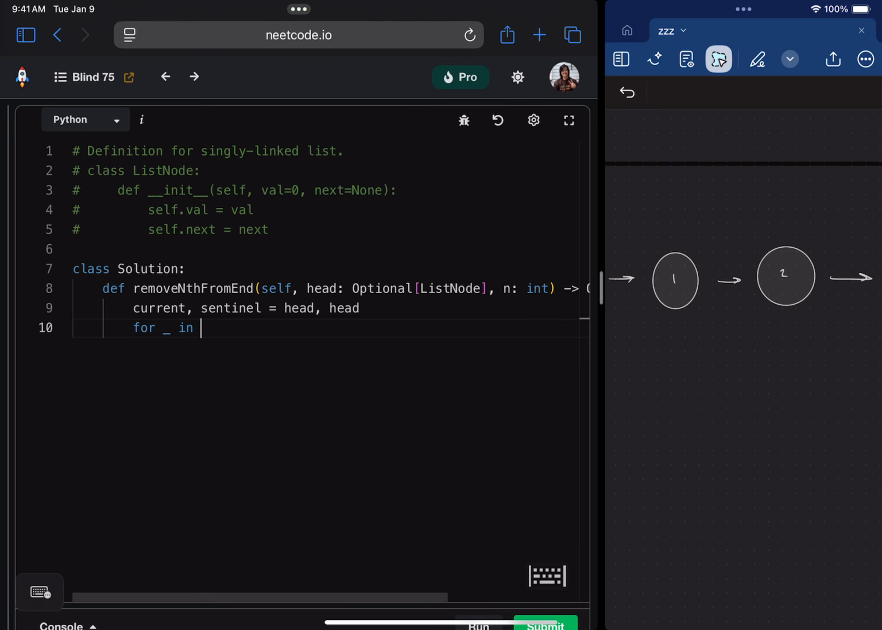Say for, again, I'll use the underscore to say I'm not going to use this index, I just need to count. So for blank in range n, sentinel equals sentinel.next. Okay, so move it forward by whatever n is so that we can have it detect where the end of the list is. And then while sentinel.next,